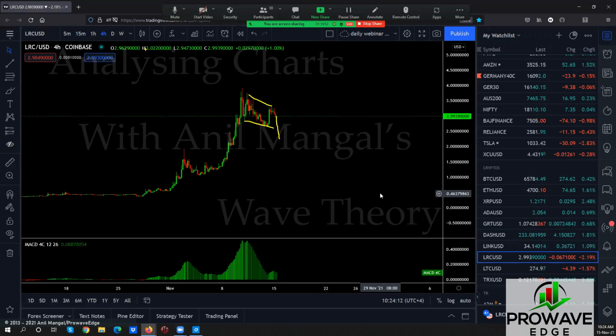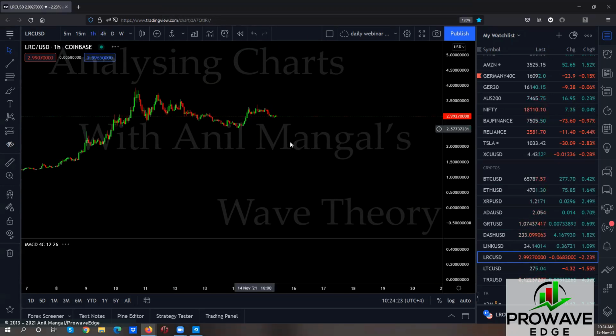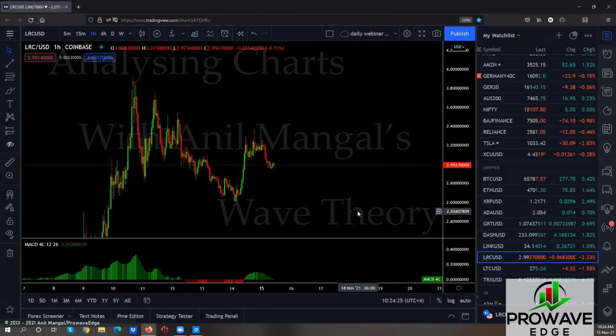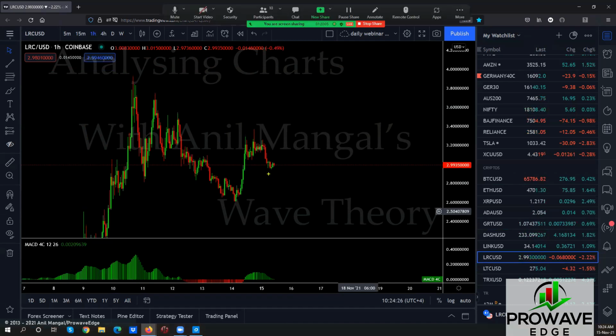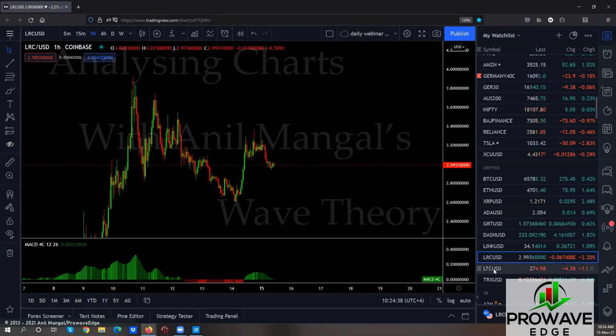All right, I'm on the 4 hours. So let's see in the 1 hour if we have any flag for a sell. Yeah, you're getting a flag here for a sell. I wouldn't be surprised if this drops. All right, because we would assume that this here is the running flat, and that this one is going to drop like this, then probably go back up. So there's a sell setup here.